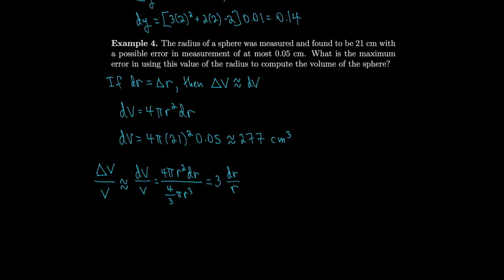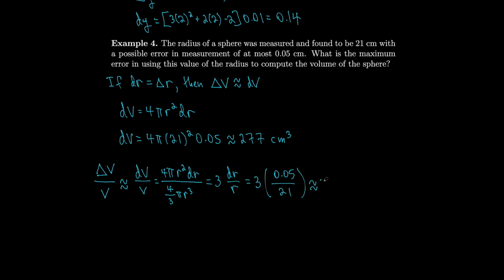So that means that the relative error for volume is 3 times the relative error of the radius. So looking at this particular problem, it's 3 times 0.05 over 21,